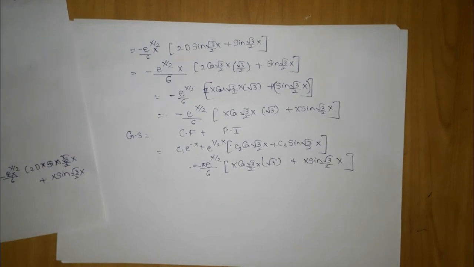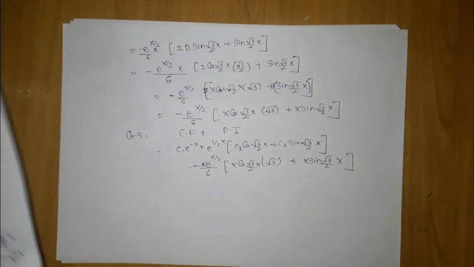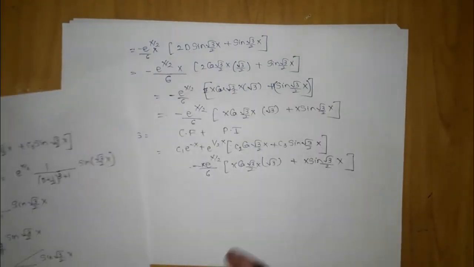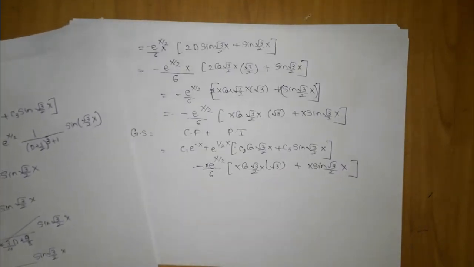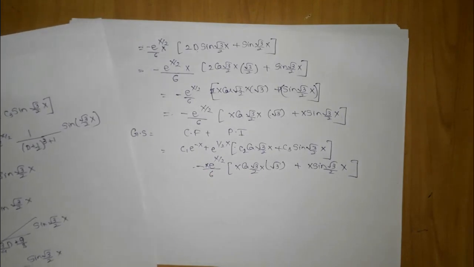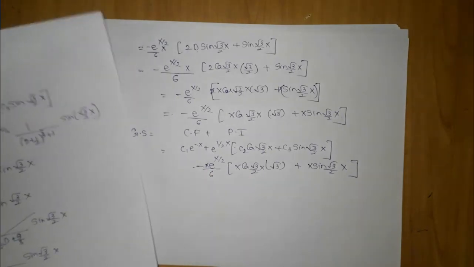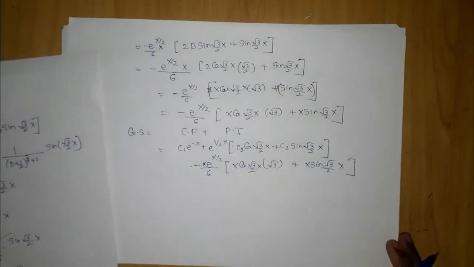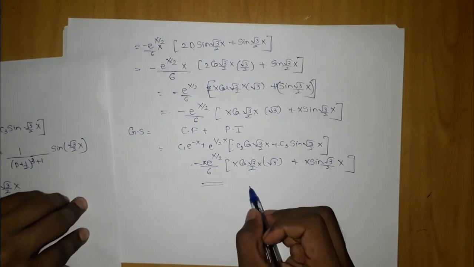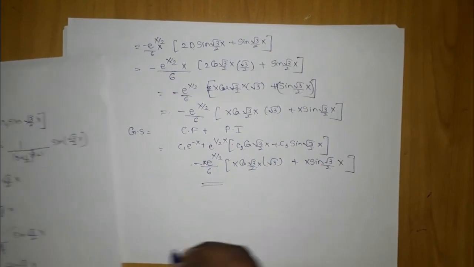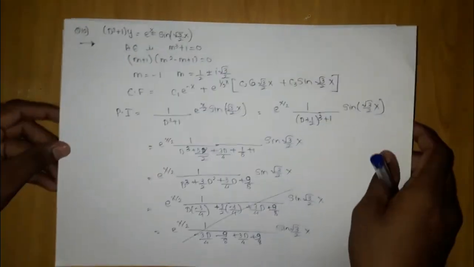This question was quite lengthy and there is very less probability to get this type of question in the exam because it is too lengthy, and the numbers are quite dirty also. We did it without a calculator, that is why it was quite hectic. But if you use a calculator, you will get your calculation easily. So we are done with this type. Now in the next session we are going to begin with the next type. Till then, practice these problems and see you in the next session.